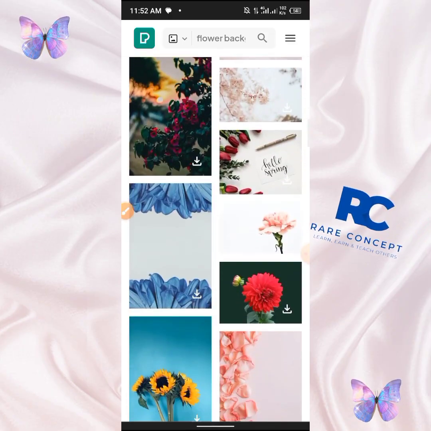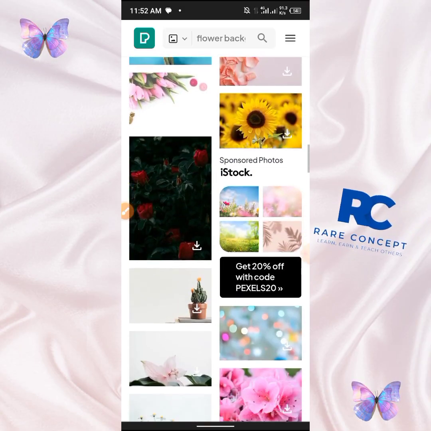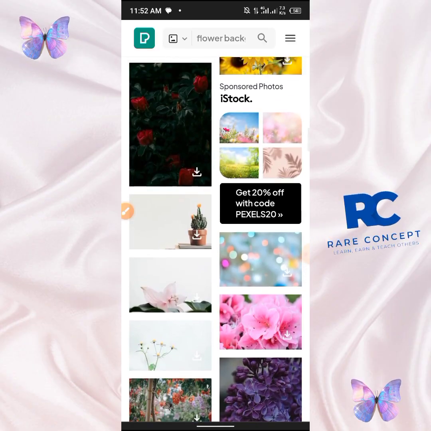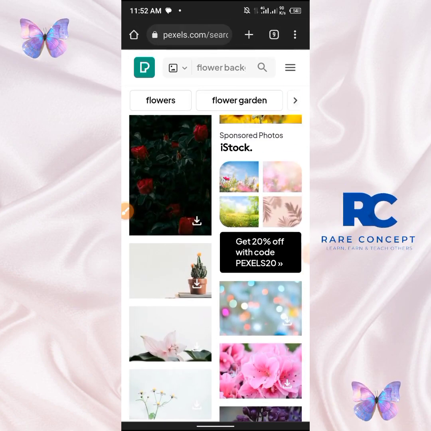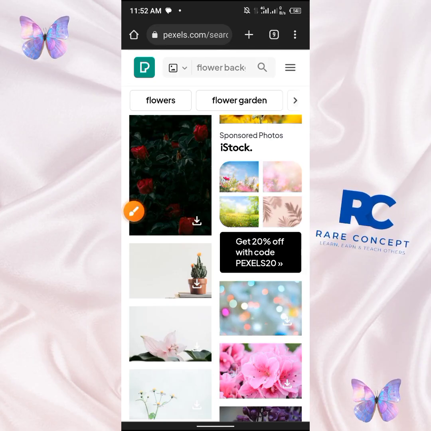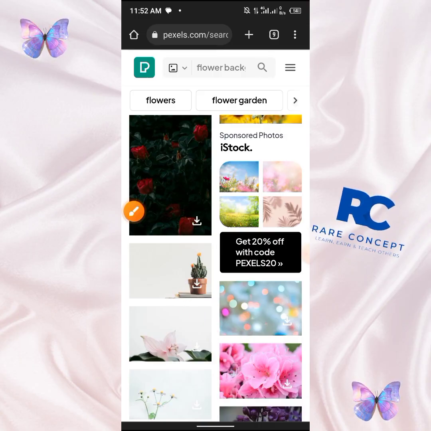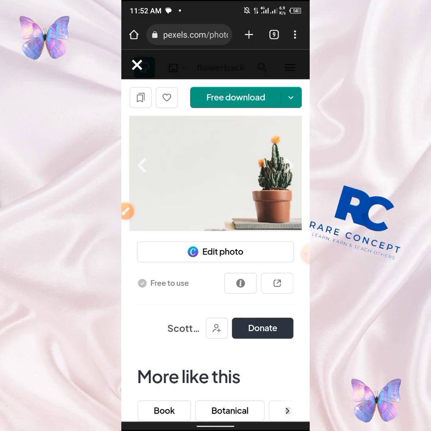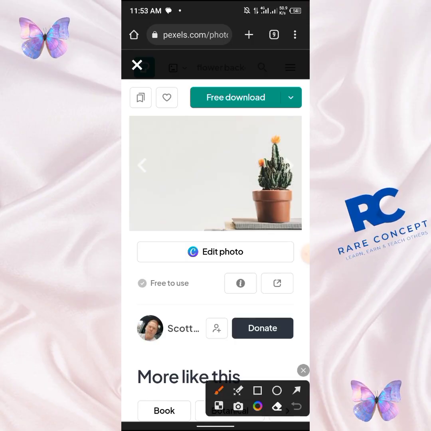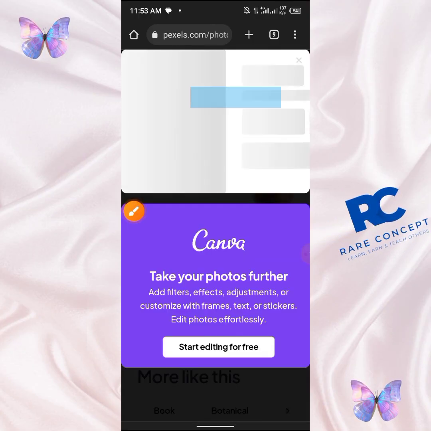I'm looking for. Okay, I will go for this one. And the reason being because I want to bring in a picture to show you. I will use it on InShot to show you something. So you click on this, and you would click on the free download to download it. So you click on the free download, and you can